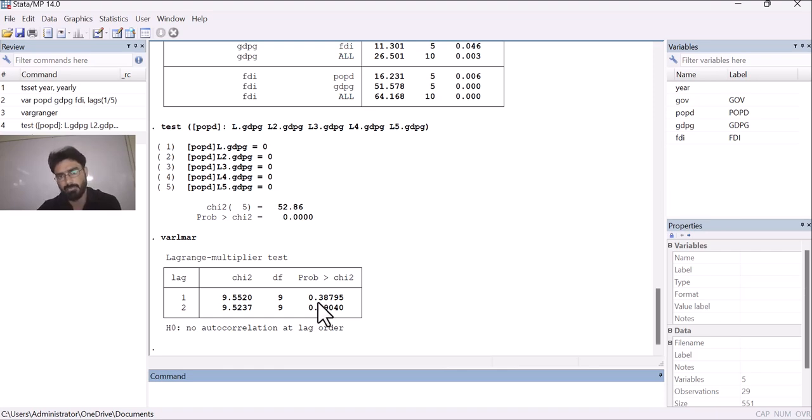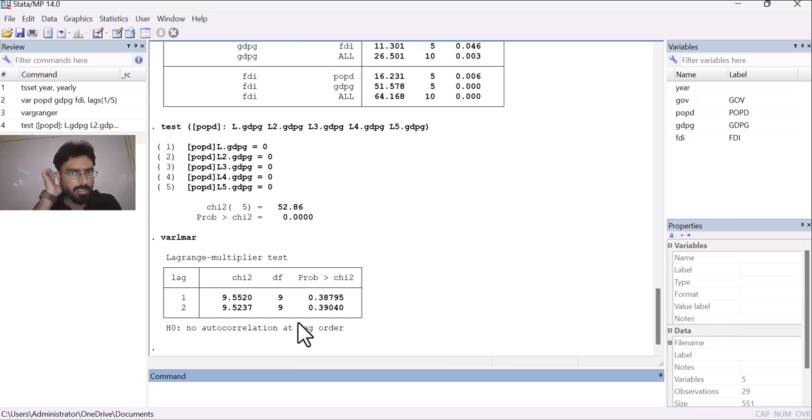As in our case, the probability value is greater than 0.05, which means that we have to accept this null hypothesis, and we conclude that there is no autocorrelation at lag 1. And similarly for lag 2, the probability value is again greater than 0.05, which means that we have to accept the null hypothesis, and we conclude that there is no autocorrelation at lag 2.